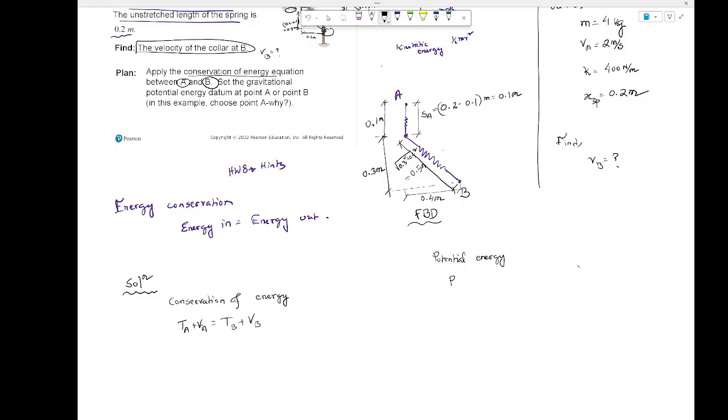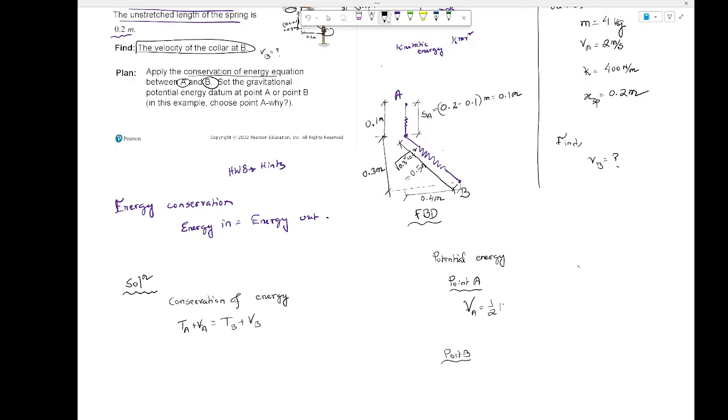This equation: you have point A and point B. Now, you remember at point A, how much potential energy is there, is it 2 or 1? Does point A have any gravity? No, it doesn't, right? So you're going to simply write VA equal,